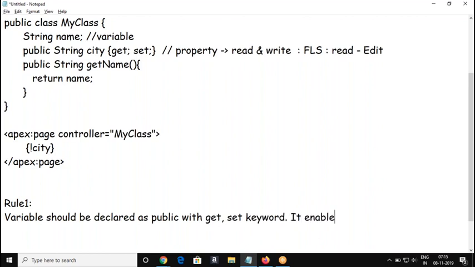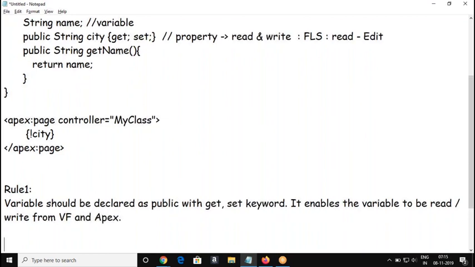So it enables read and write from VF and Apex.